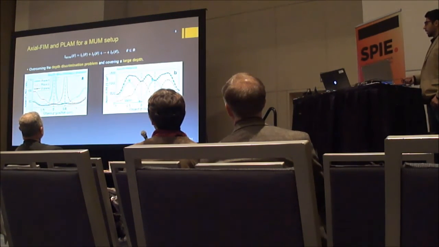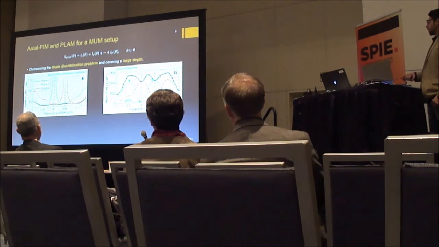So this is the axial PLAM versus the object Z position again. The dashed lines are again the locations of the planes of focus. We have two focal planes now. And I would like you to focus on the black curve for a second. This is the axial PLAM for the MOM setup. As you can see, it's pretty flat and it has low numerical values. So we don't have those large values anymore. We solved that depth discrimination problem.